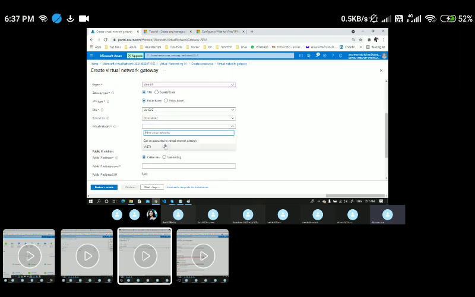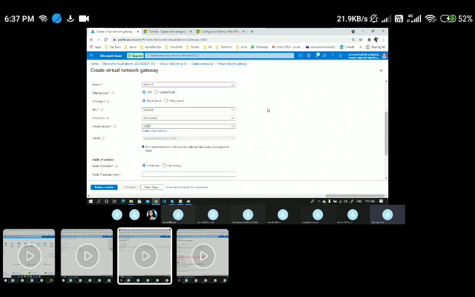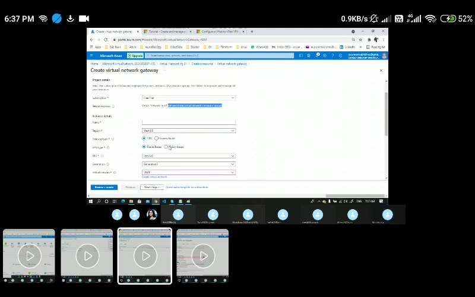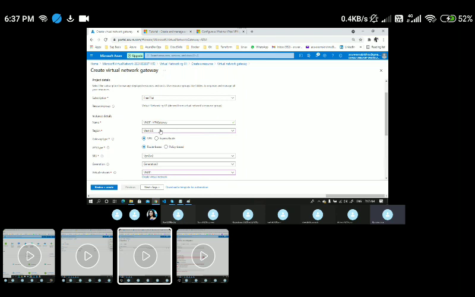And here, let me choose the VNet. As soon as I choose the VNet, you could see the resource group comes by default from the virtual network's resource group. At the same time, the subnet is selected by default as gateway subnet, because if you wanted to create any VPN gateways, you should have a separate subnet called gateway subnet. Fine. So let me come back here. I'll give some name here, and I'll say VNet 1 VPN gateway. Because I'm just attaching this particular VPN gateway to VNet 1, that's why I mentioned it as VNet 1 VPN gateway. And the rest I'm going with the default.